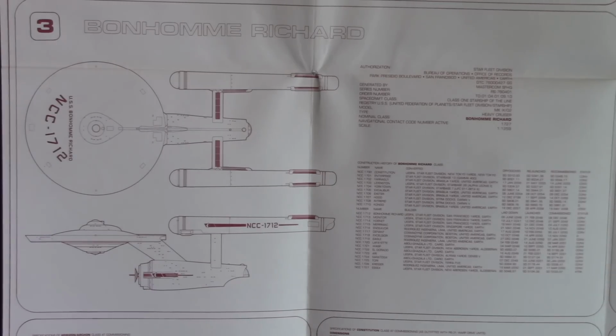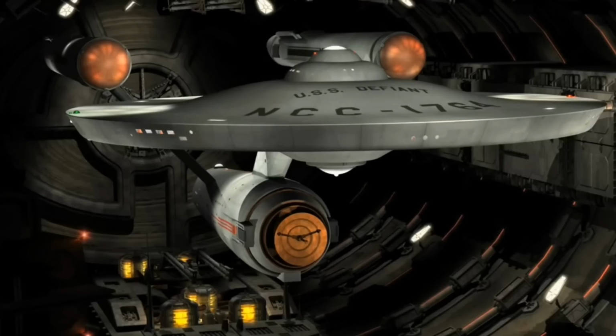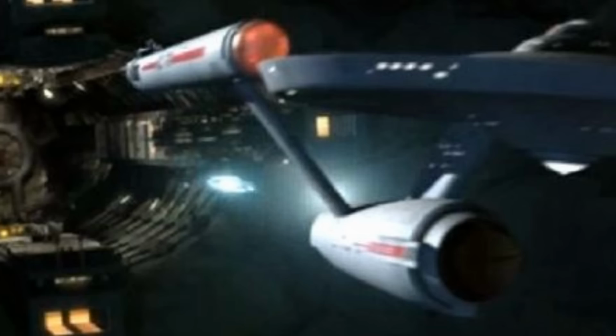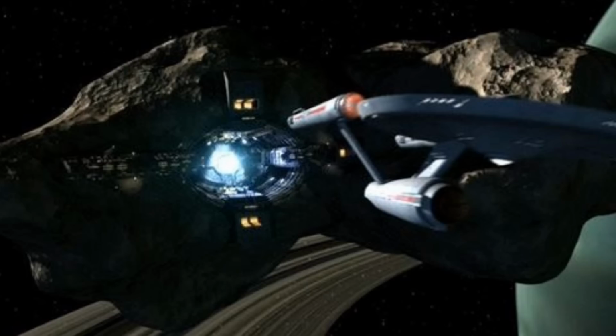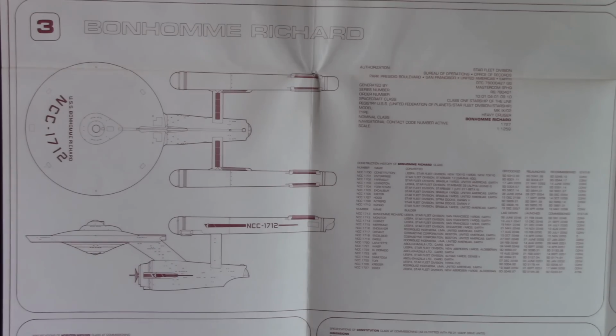And this could in fact explain why in Mirror, Mirror Darkly the Defiant had rear-facing photon torpedoes, because it was actually a different class of ship. So it looks like there was the original Constitution class, and then they got refitted into this. Even the original ones got refitted and the class name changed to the Bonhomme Richard, which is very interesting, and I actually didn't know that, so I'm kind of learning things along with you guys. But let's move right along